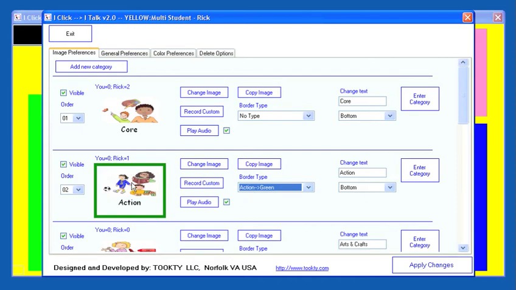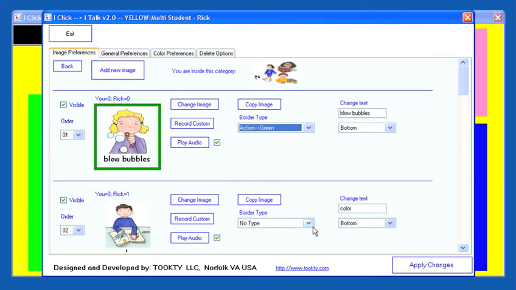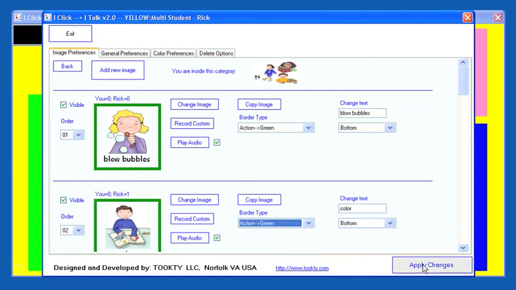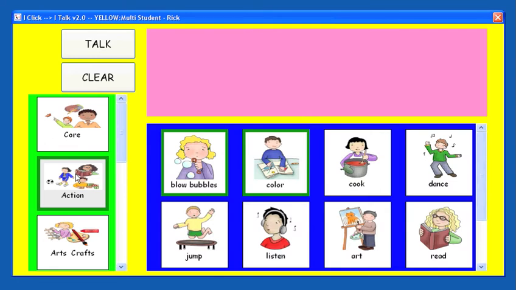And you can see this here. And I'm also going to enter the category and do the same thing, so that around this image I'm going to put a green border. We'll do that for 2 of these. And apply these changes. Now you'll see a green border around the action category, and when I enter that category, action, you'll see that I've placed a green border around the action words that are in that category. Going back into the settings